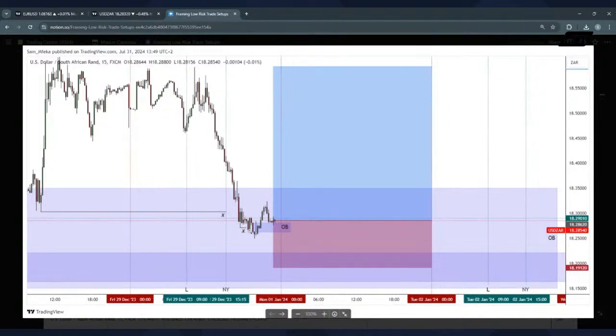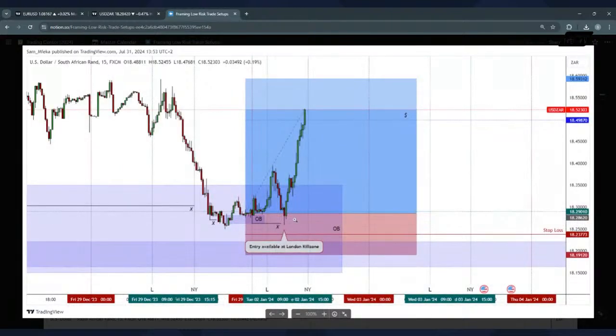We had time-based liquidity sweep, one bullish candle, but we didn't really extend beyond that. And then we swept liquidity again, and then we got a proper run to the upside. And we did form an order block as we swept that liquidity. And so I place my entry 500 pips, and you see it's literally tiny on USDZAR, just above that. And then we had entered, order block held.